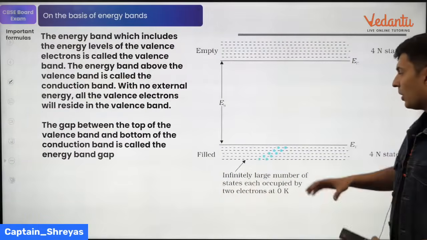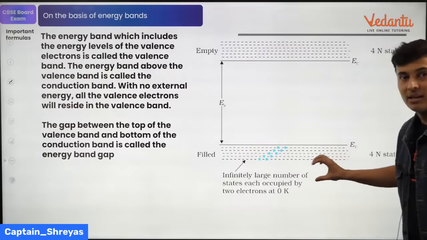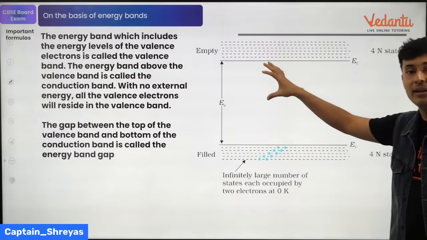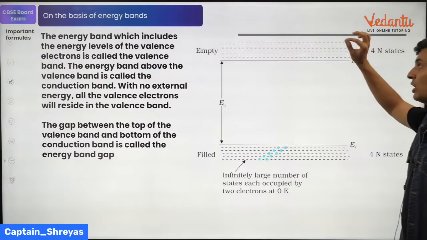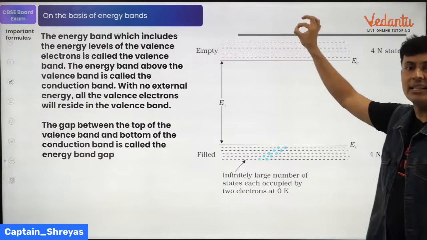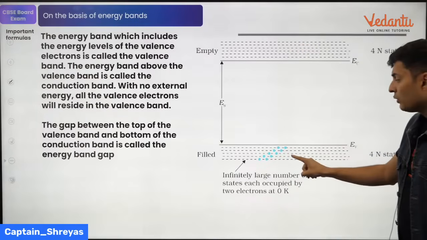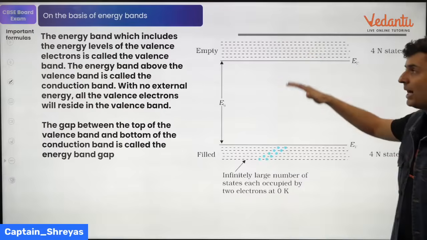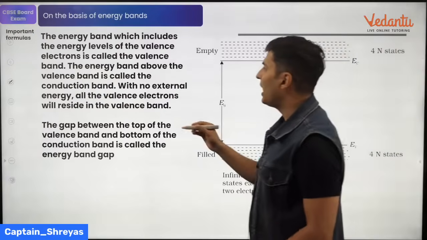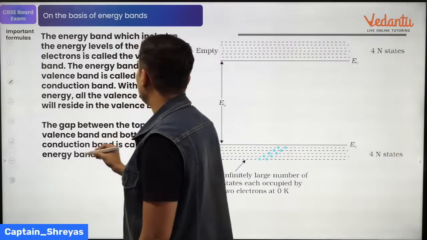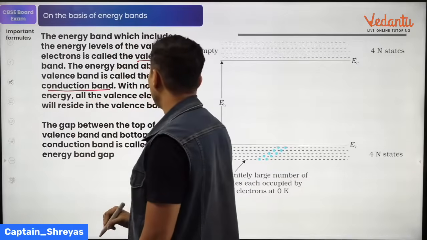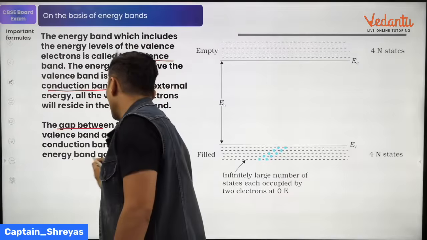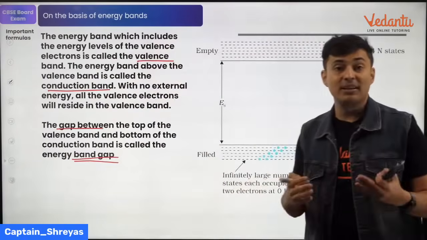Remember, in semiconductors you always have something called the filled bands, which are called the valence bands, and then you have the empty or half filled bands, which are called the conduction bands. So if an electron is in the conduction band, it can easily conduct, and if you don't have electrons, it will not conduct. This gap is called the band gap. So first of all, you should know what is valence band, what is conduction band, and that the gap between them is called the band gap,